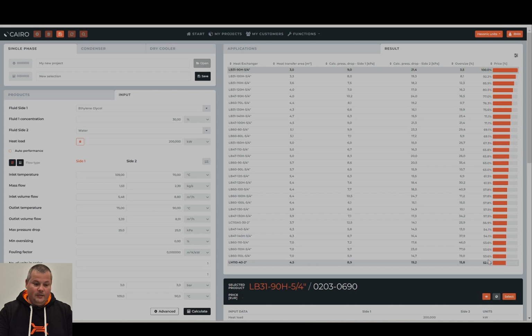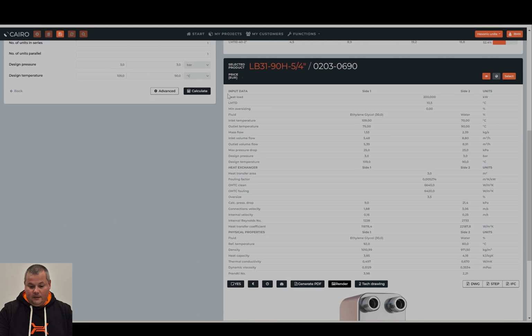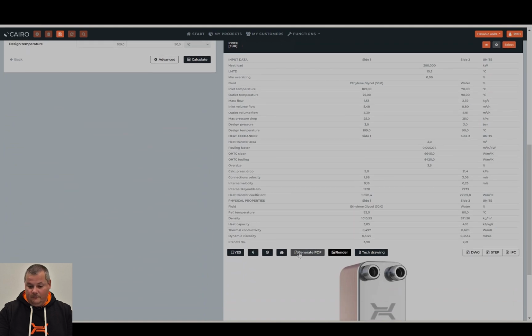Once the selection is complete, you can save the result in your project. You can also generate a selection report as a PDF file by clicking Generate PDF and then selecting Download. I hope this has